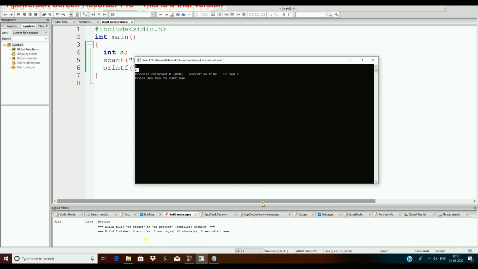But there is still something missing in our program. Suppose another user runs this program, then he will see only a black screen. How will he know to enter the value here? Then for this, we will first have to give a message to the user to enter a value. Like by now you must know that when we have to print something on the output screen, then we use the printf function. So let's write in printf function enter a value.